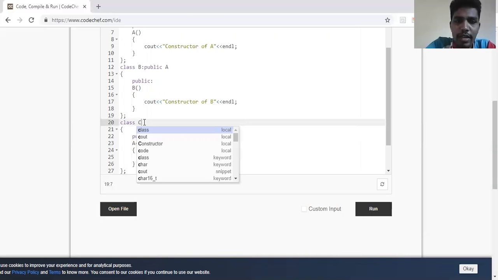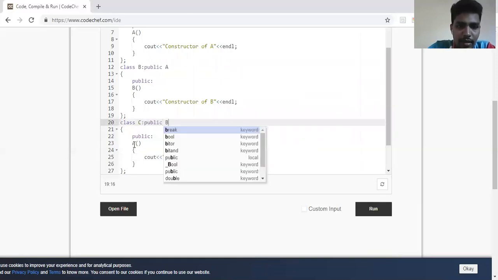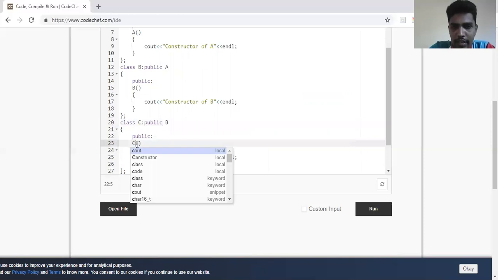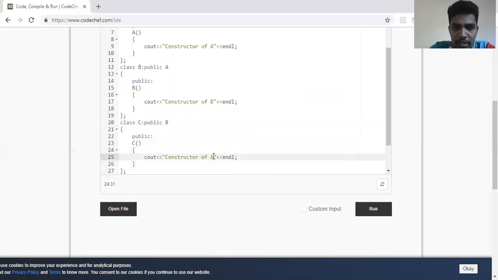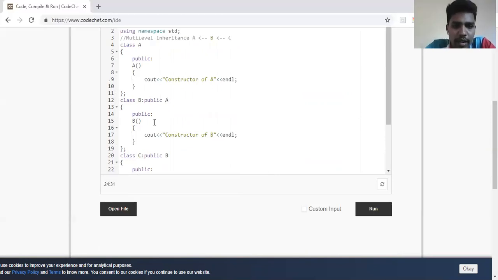Class C should inherit public B. And then I'll just have a constructor in C that prints that it is a constructor of C.